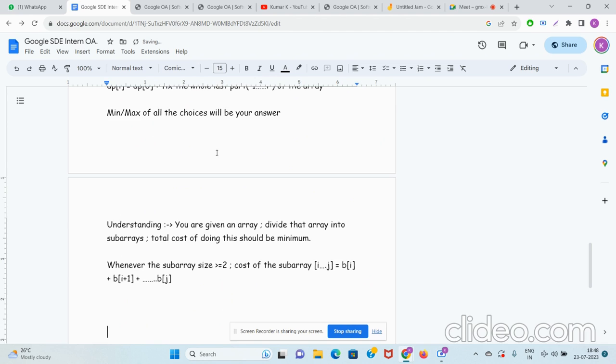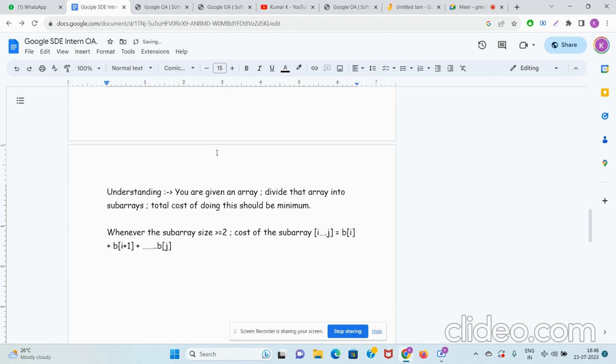This is what the question is saying. Whenever your subarray size is greater than or equal to 2, the cost of the subarray from i to j is b of i plus b of i plus 1 till j. Whenever the subarray size is 1, the cost of the subarray